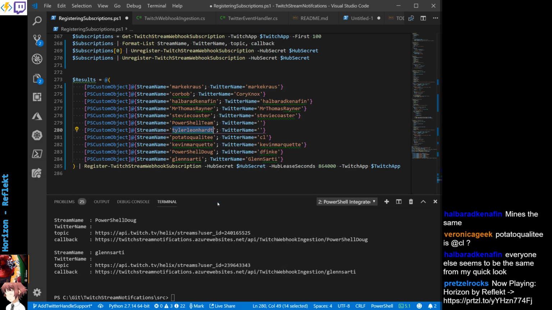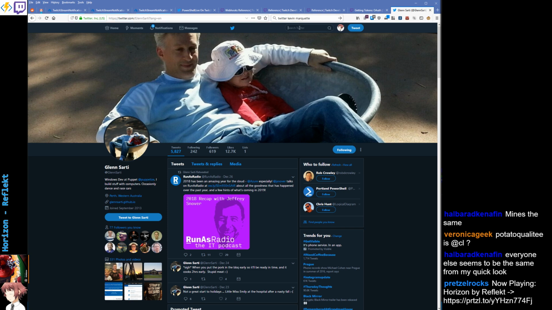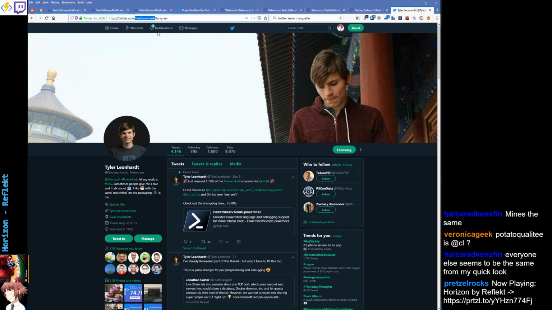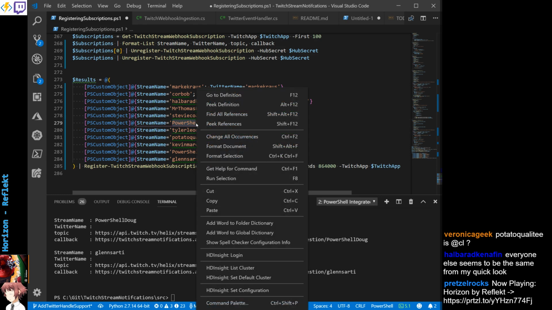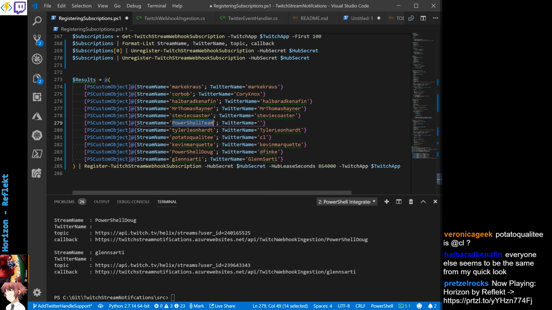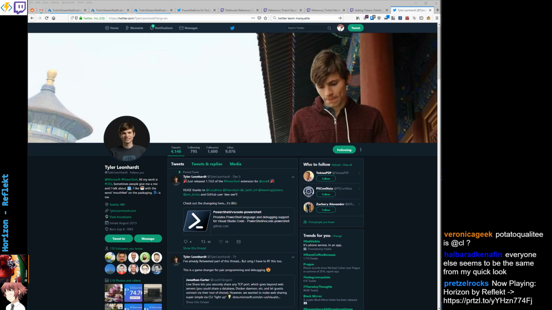I believe Tyler's is the same. This is some real technical stuff here. Yeah, his is the same, only with some caps. And that leaves the PowerShell team. I think that they just have PowerShell team, but I'm also not entirely sure that that's the same, because it was